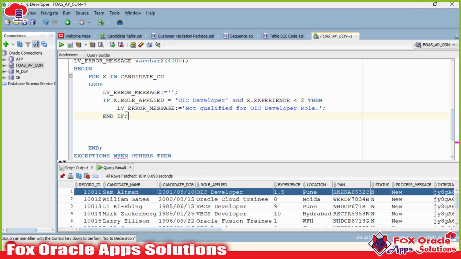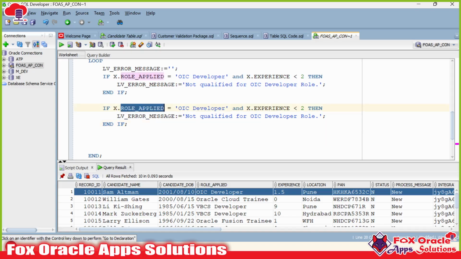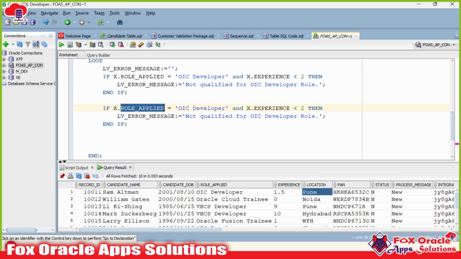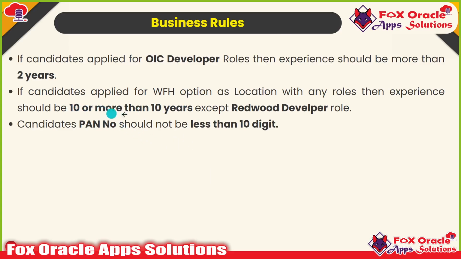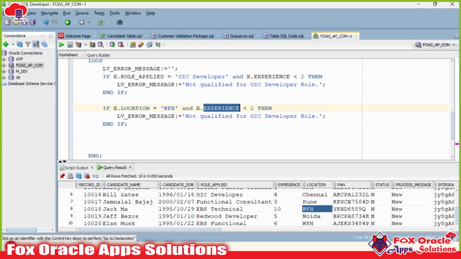So again I will use the same here, will copy. If x.role_apply equals role apply, I don't need to go for that. Instead of role apply I have to just go for location. So if x.location is work from home, so WFH, right? The location is work from home and experience should be 10 or more than 10. It means that if experience is less than 10, if any candidate having location selected as work from home and experience is less than 10, that should come under the error, and the error